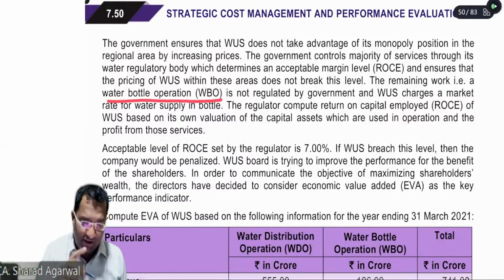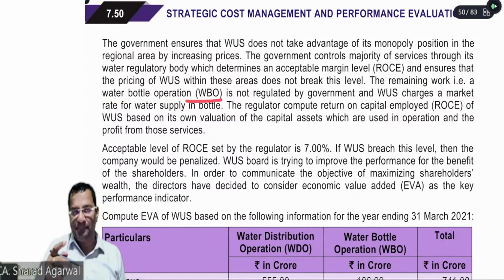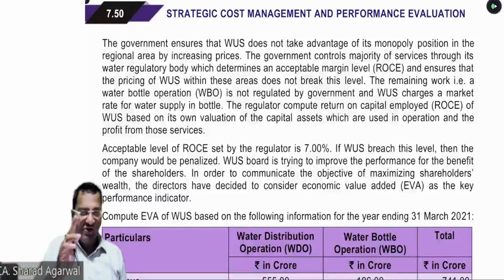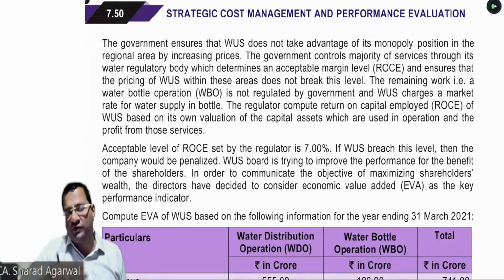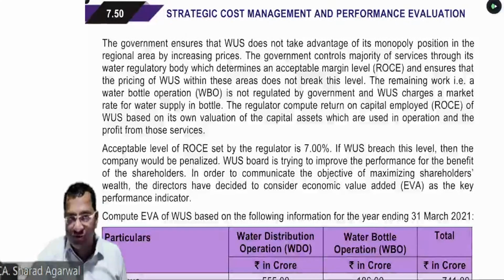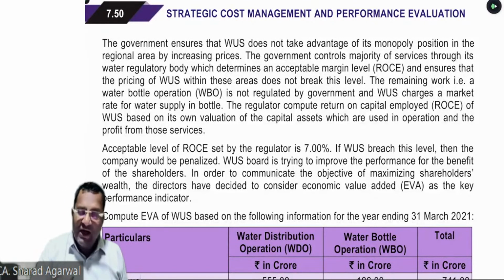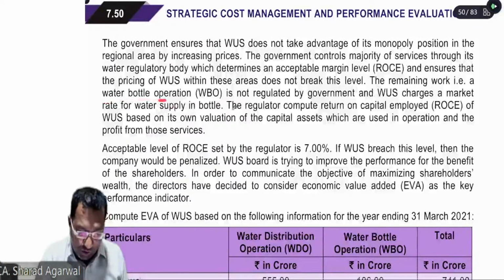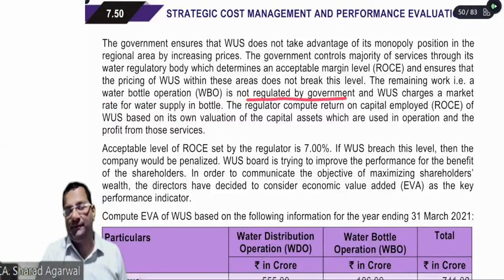ना अब यहाँ पे देखिए बेटा, एक कहानी में ट्विस्ट है ना? आपको पास दो बिजनेस अवेलेबल है. The first business is water distribution system, which is held by Maharashtra government, और वो जिस एरिया में बोलते हैं, on that area itself we can distribute the water, and that too at government charges, and that too within the acceptable ROCE. We are having another business also, that is water bottle operation, which is not regulated by the government.